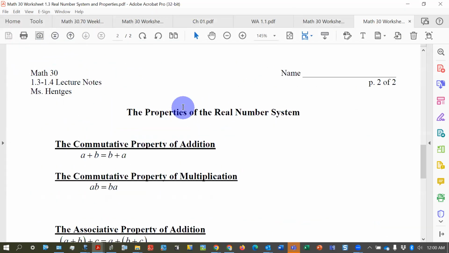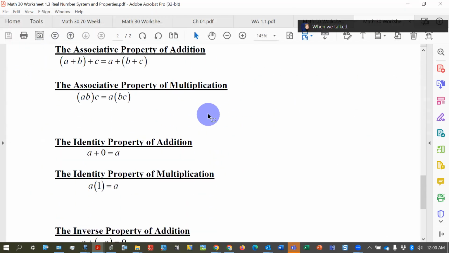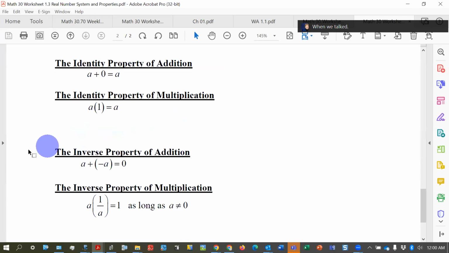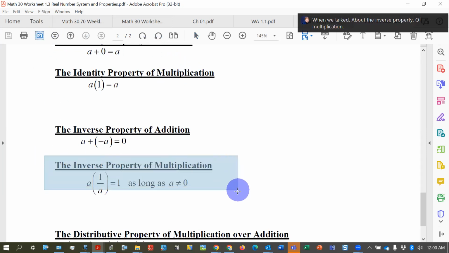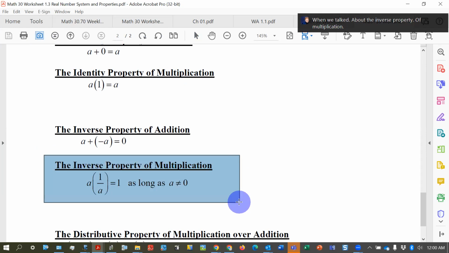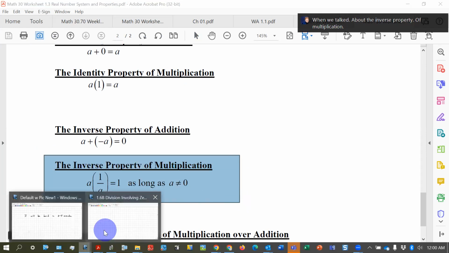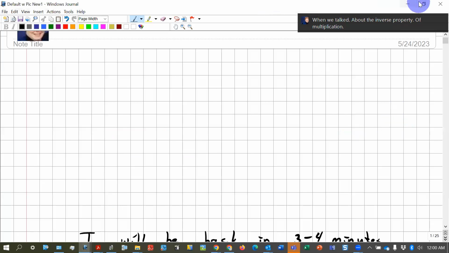When we talked about the inverse property of multiplication,